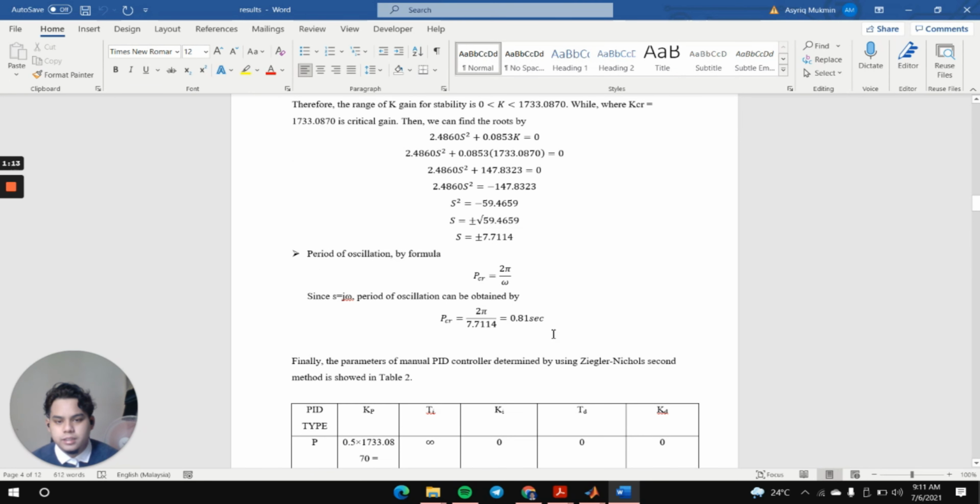Then we can obtain the value of S, which is plus minus 7.7114. By using that value, we can find the value of the period of oscillation, which is PCR, and then we can get 0.18 second. Then we proceed to the Ziegler-Nichols second method, which we can obtain, as you can see,